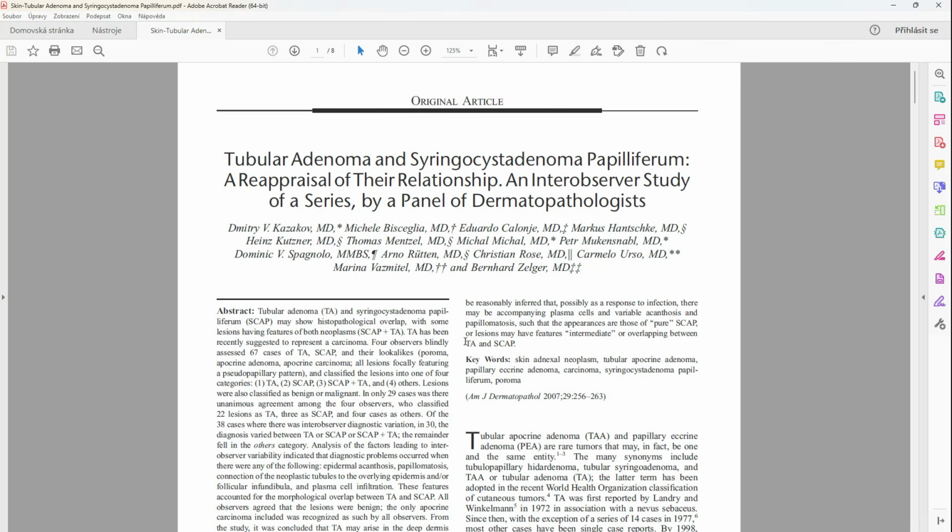Tubular adenoma does not have this opening. Otherwise, they look the same, and we think that they represent the same entity. And both of these lesions are BRAF mutated. And both of these lesions can have